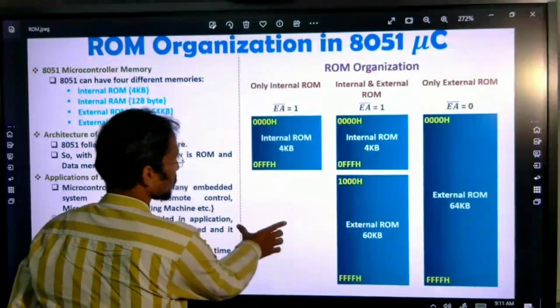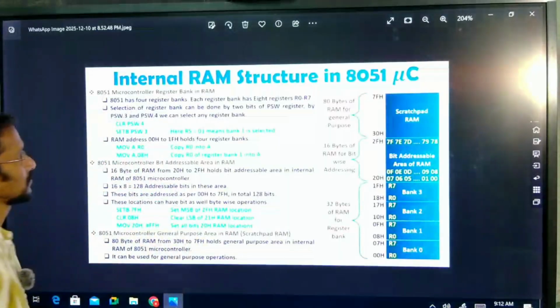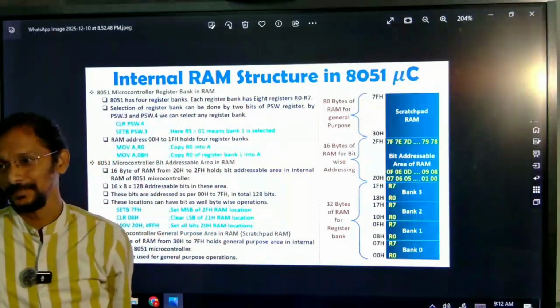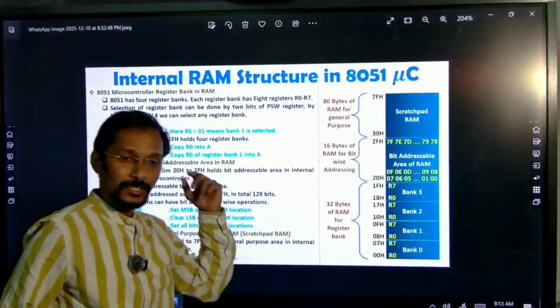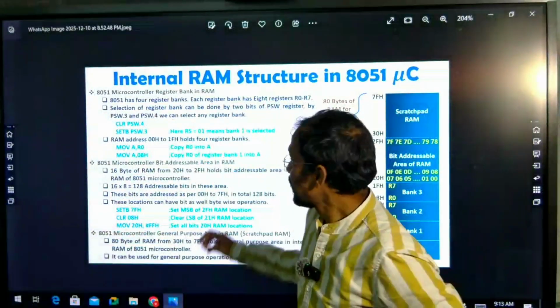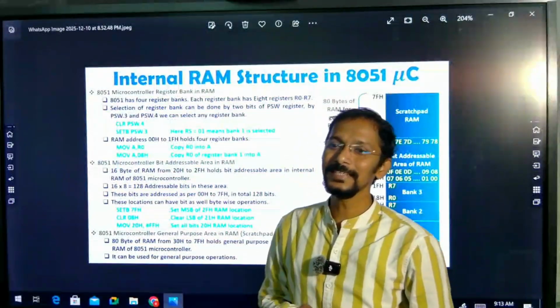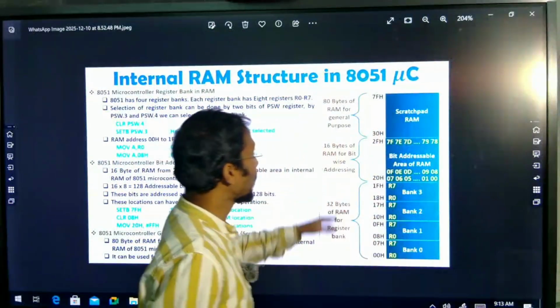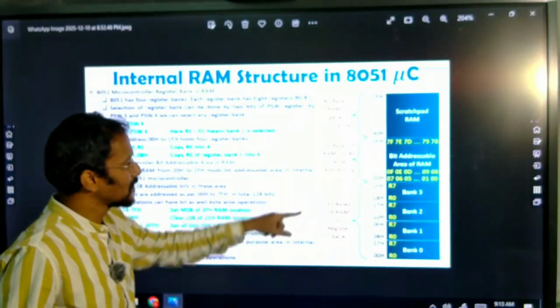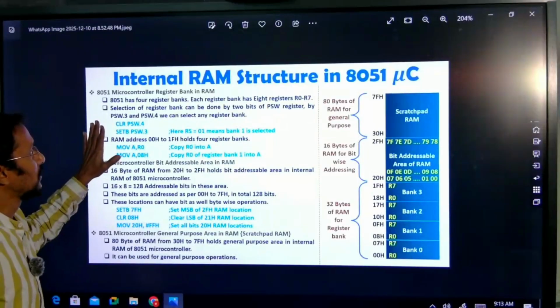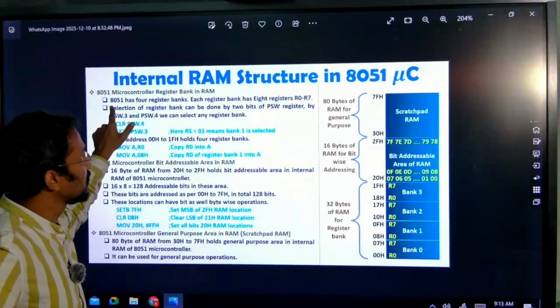Then next is the RAM organization. Let's check this RAM structure which is available in the 8051. The RAM available inside the 8051 microcontroller is 128 bytes. Let's see how these 128 bytes are divided in this memory structure. The 8051 has 128 bytes of memory. In that,